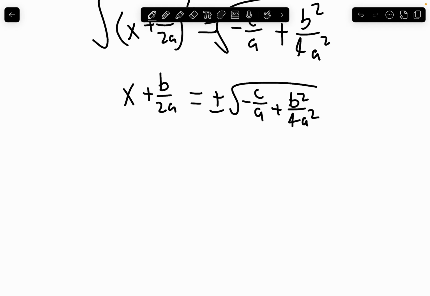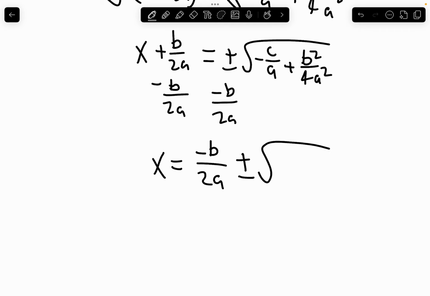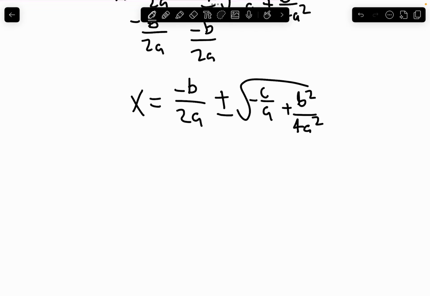Now we subtract b over 2a from both sides so that we isolate the x, which gives us x is equal to negative b over 2a plus or minus the square root of negative c over a plus b squared over 4a squared. Now to get a common denominator so that we can add these two together, we'll multiply the top and bottom of this by 4a, which gives us